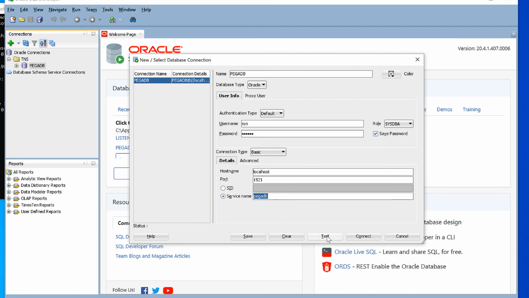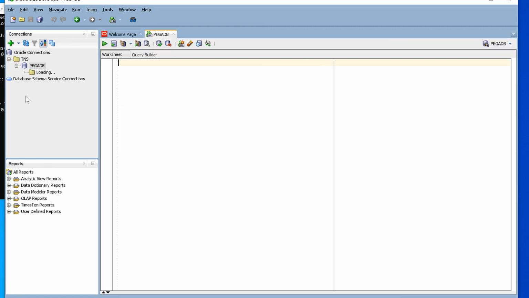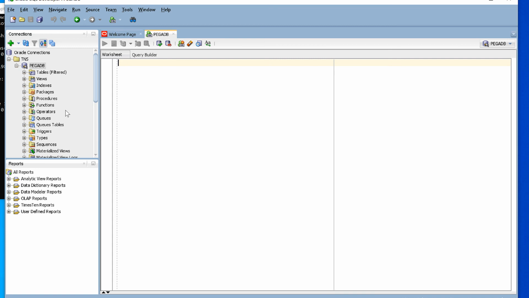You can click test to see the connection. See, connection is success. Now you can click on save and you can connect. Now it is successfully connected to your database. Using this query editor you can execute your SQL queries.